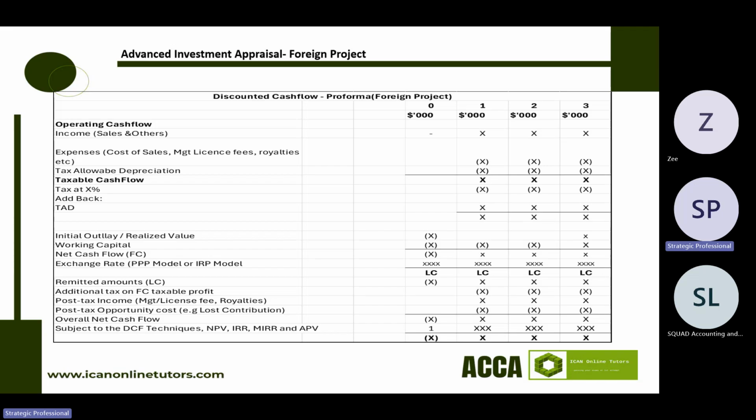But the twist here is, normally in the local project, at the net cash flow we usually stop and discount it to present value. But here, because I operated in China, I invested in China,